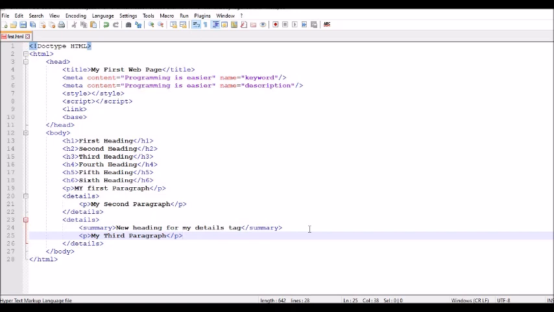Once again, I would like to repeat the purpose of these tags. So P tag, if you want to add a normal paragraph, it can be a single line of content or it can be n number of lines. If you want to just add a normal kind of paragraph, we can use P tag, which is paragraph tag, right? So the purpose of details tag is to enclose a content inside a heading. So to provide heading for your details tag, we are using summary tag inside details tag. Yes, let's see the output of this tag, right?